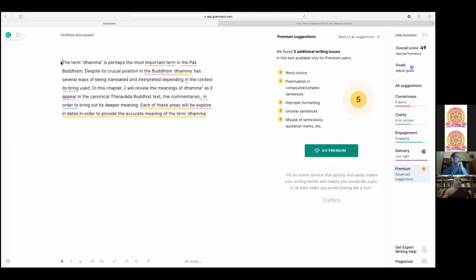Right, so now I've got this text here. You can see it's highlighted, but it's not just highlighting spelling mistakes. Look here. It's saying there are 5 things here. So we've got word choice suggestions, punctuation, formatting, unclear sentences, misuse of semicolons, quotation marks. So it's pointing out my mistakes. So if we click on each one,